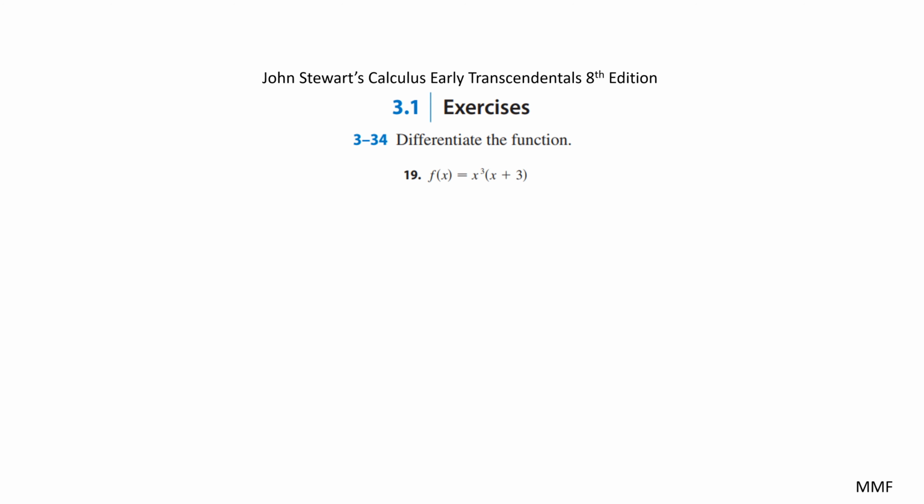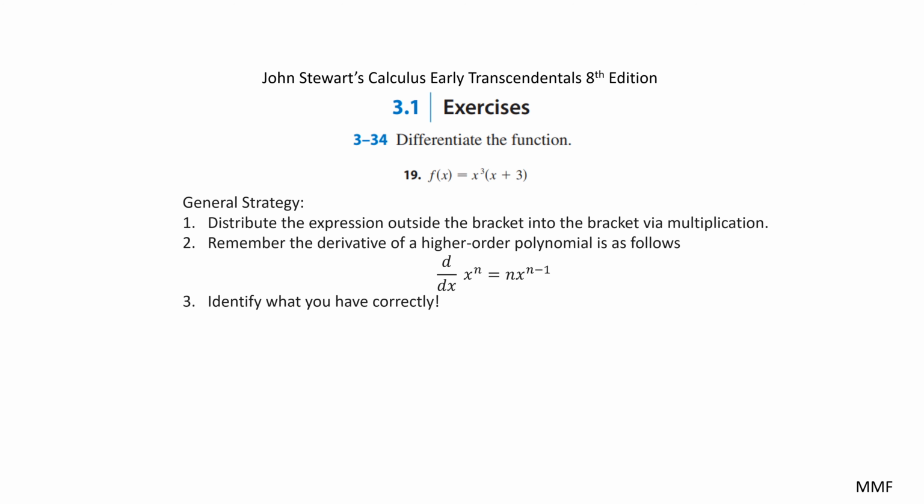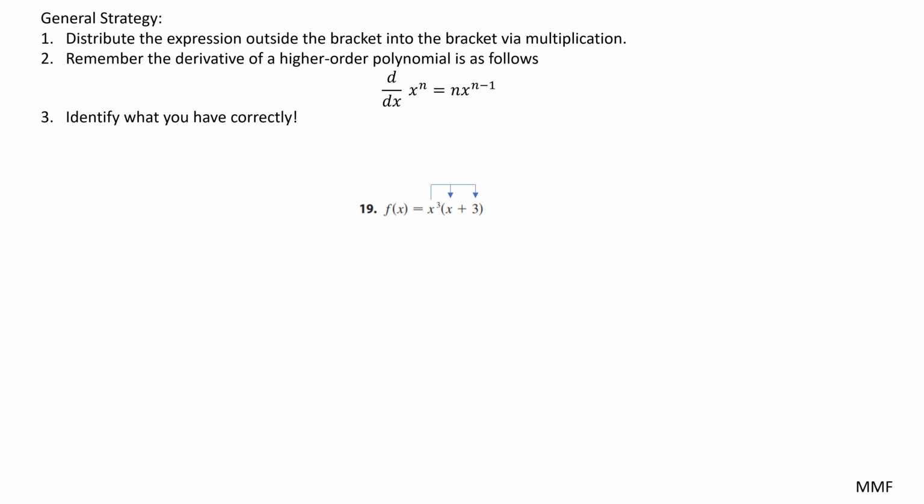In this case, you basically have to do a preliminary step. Later on, you're going to learn this thing called the power rule that you could use, but it's actually more work. So you've got to start by distributing that outside term into the bracket. So you're basically going to go x cubed times x plus x cubed times 3. And then you'll do your standard derivative of higher order polynomials by moving the power in front and subtracting 1 from the power. All right, so to begin with this, we do the distribution process, and after you distribute, you